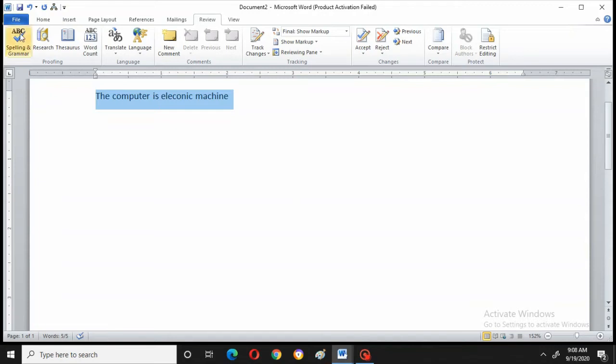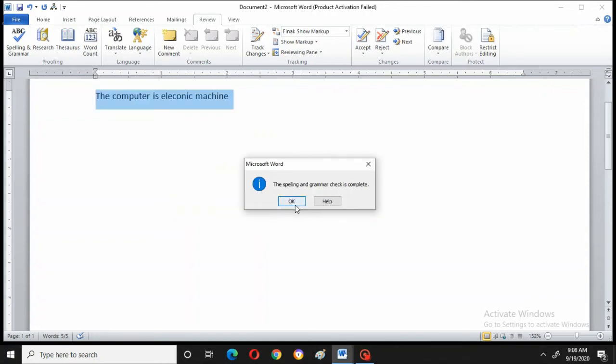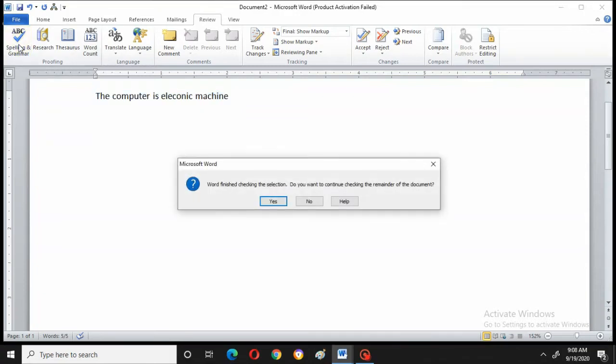Like now I will show you how to correct it. Give a click on it. Because already I have checked it, that's it. Now again I will select it. Now go to spelling and grammar. You can get one doubt here, why it is showing that type of box, why it is showing this word has been finished checking. It is saying because already I have said ignore, so it is taken into count that correction is over.